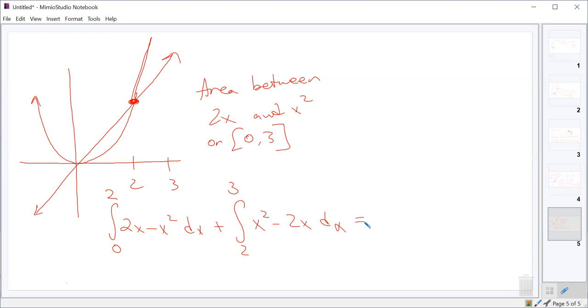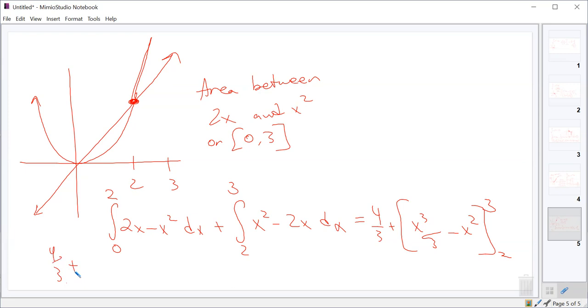Okay. What's the integral from 0 to 2 of 2x minus x squared? We just did it. It was 4/3. So we got 4/3, and then plus this integral, which should be x cubed over 3 minus x squared from 2 to 3. And then we'll just evaluate and get an answer. Probably 4/3 plus